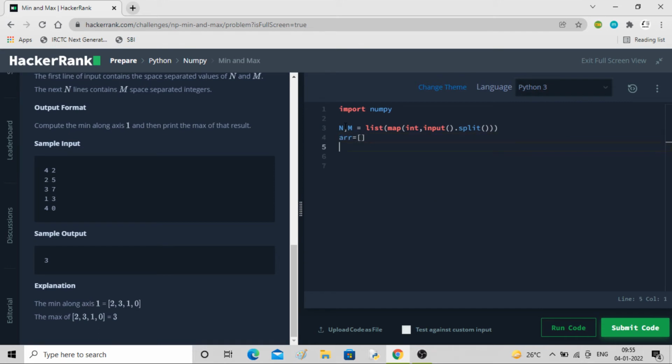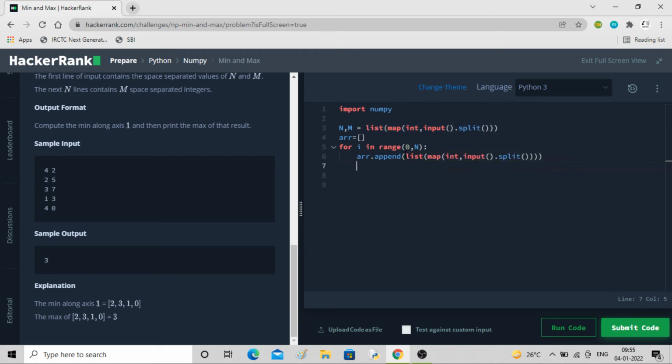I should have written a but it's fine. For i in range 0 to n, array dot append. This same thing I'll copy. This we have already done, again and again I am doing so that it will fix in your head.